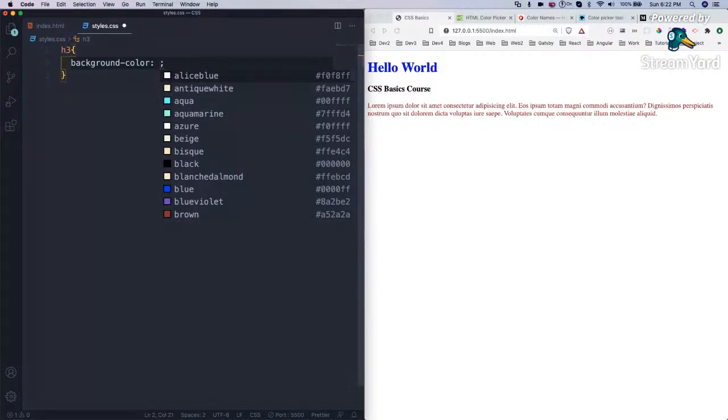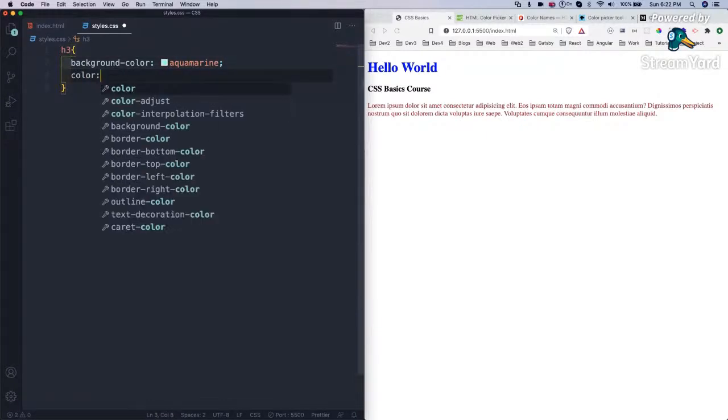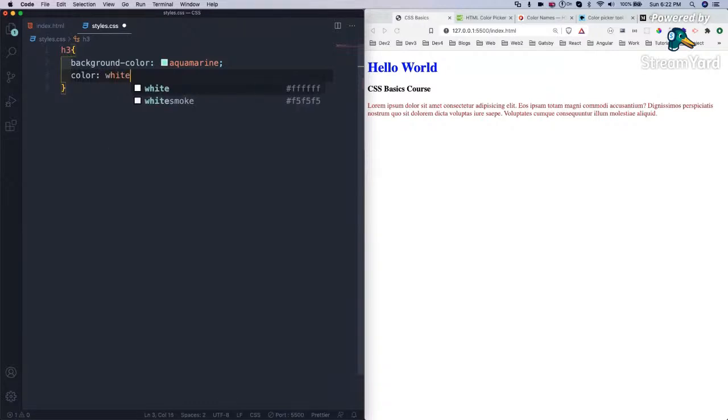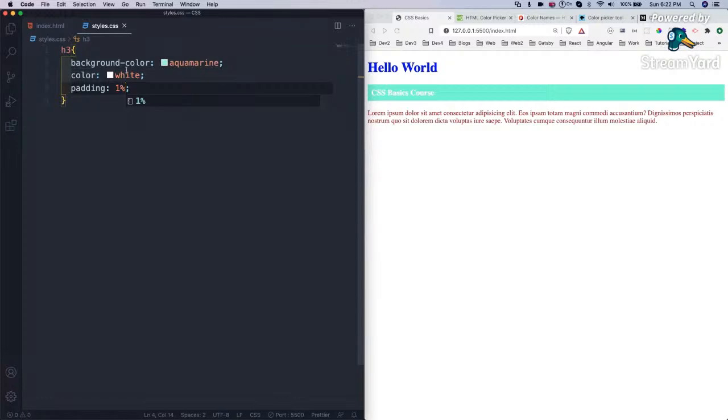We will see later on. Let me give aquamarine as the background color, color is white, padding is 1%. We'll learn in detail about all these things. So it became like this: background color, color and the padding.